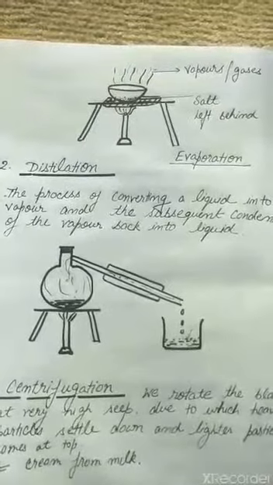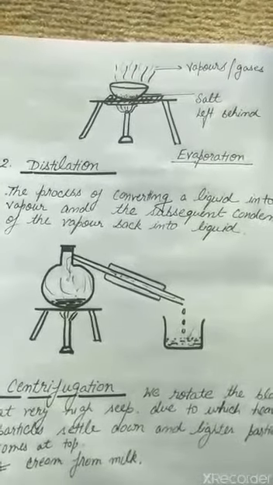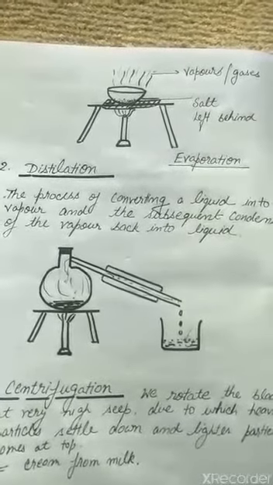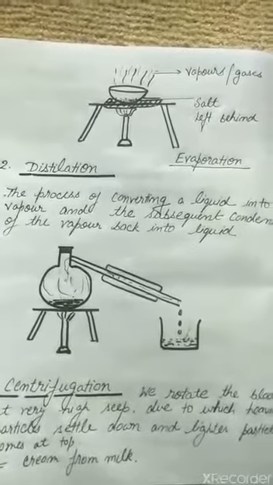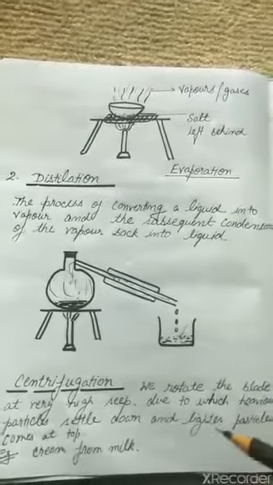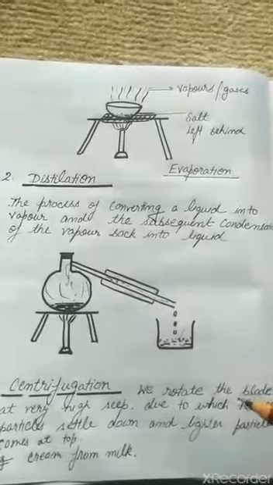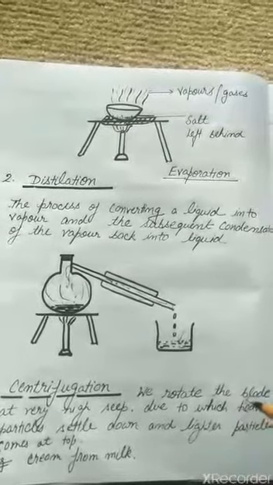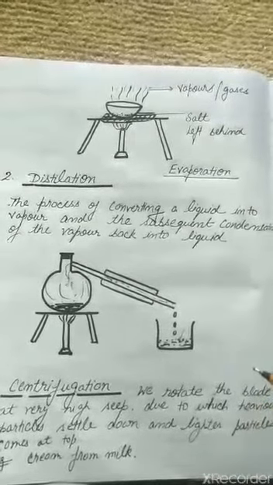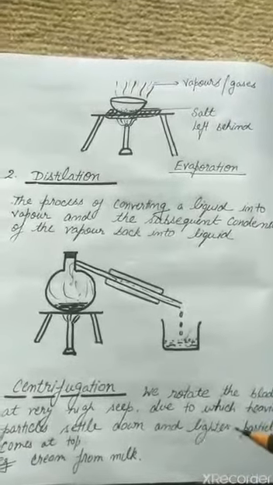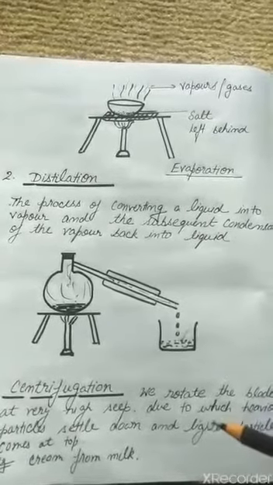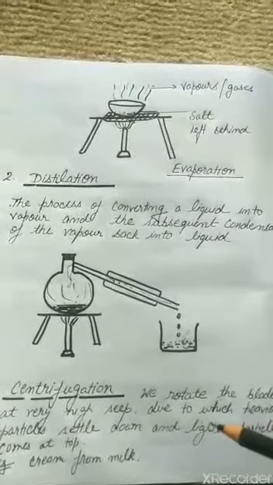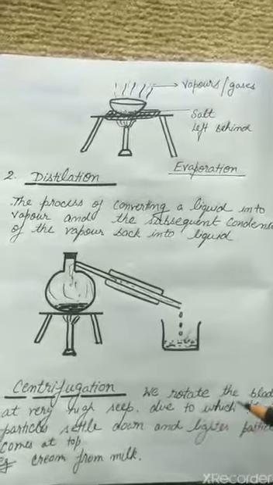When your mother churns the milk by using a mixie or blender, we see that after rotating, after some time, the lighter particles, that is cream, come at the top of the layer and the heavier particles will settle down. So this is the method to separate cream from milk, and it is known